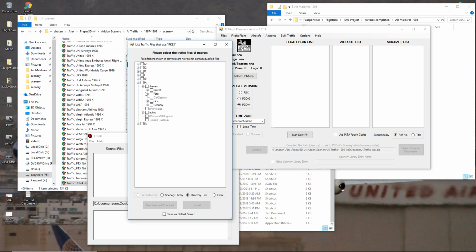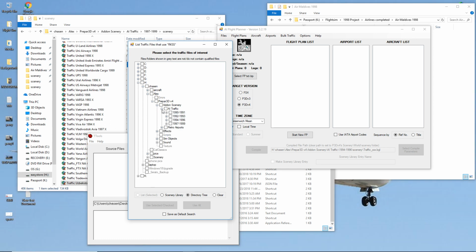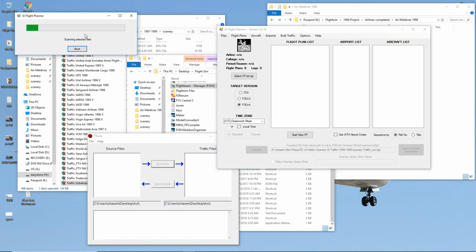So here is where you would go, just wherever in your flight sim folder you keep your AI traffic, which for a lot of people is world scenery, but you could also make folders in your add-on scenery, which I'll show you in another video, which is way more efficient if you want different eras. So this is where I have the files that I'm sending him. So we'll use this, and now it's scanning,